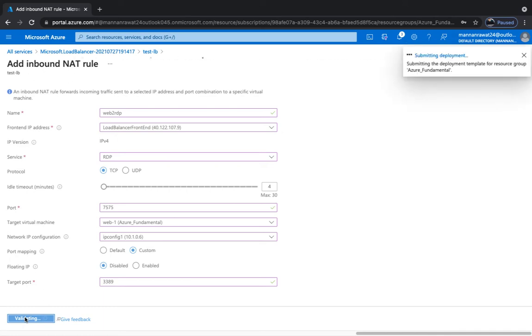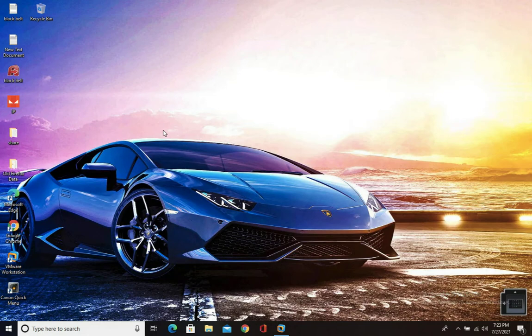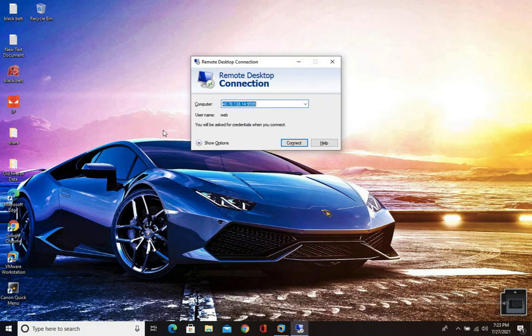Once it saves successfully, we will try to access our virtual machine not with the help of the public IP address of the VM, but with the help of the public IP address of our load balancer, 40.122.107.9. Open MSTSC, type 40.122.107.9 and a colon.